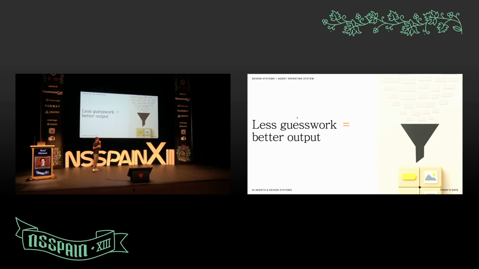And feeding this information to your agent is pretty much less guesswork and better output. Because instead of having the agent understand, oh, all right, you want to build a card, and the card has badges. What is a badge, right? What does the badge accept? Does it accept an emoji, a text? It depends on the image that you put. You don't know at that time if it accepts that information, but reducing this guesswork is going to give you much more freedom to experiment and better outputs.